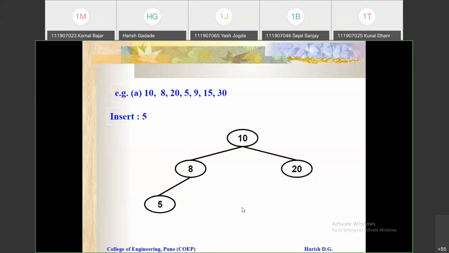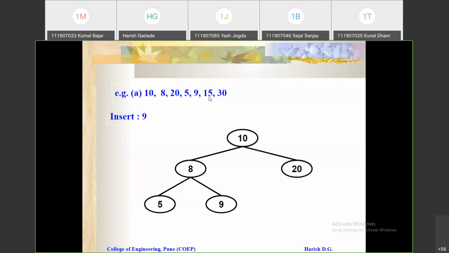There is no right subtree, so you can connect that 9 to the right of this 8. Keep in mind, when we compare, if the comparing value is greater than this root value, then you need to connect to the right of this root. So the root is 8, and you can say here 9 is there. So 9 you can connect to the right of this 8.